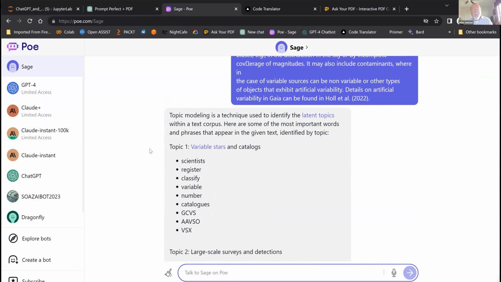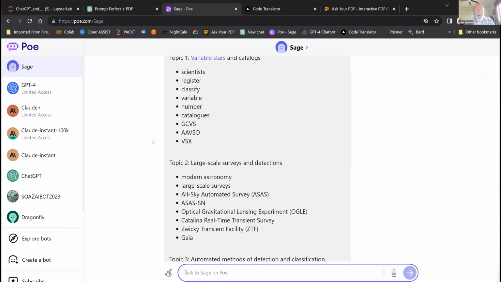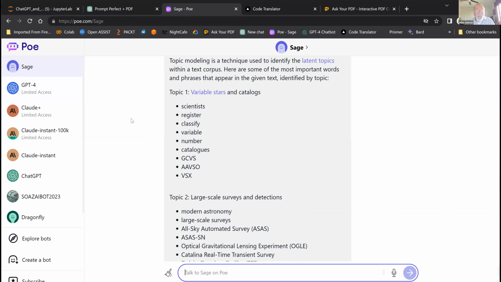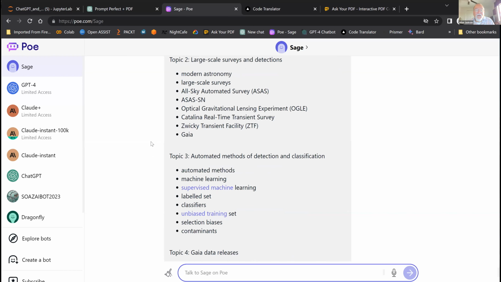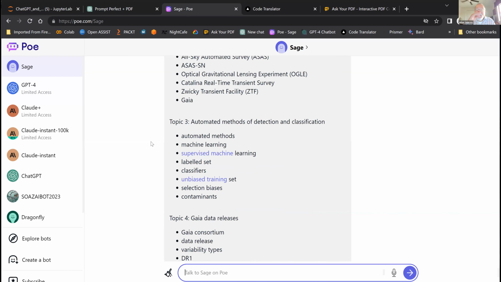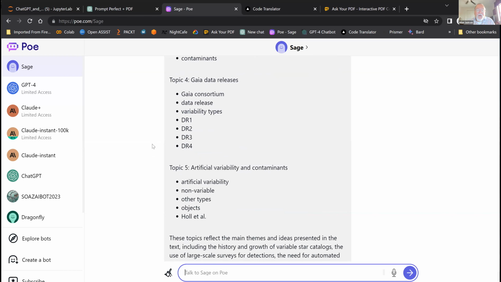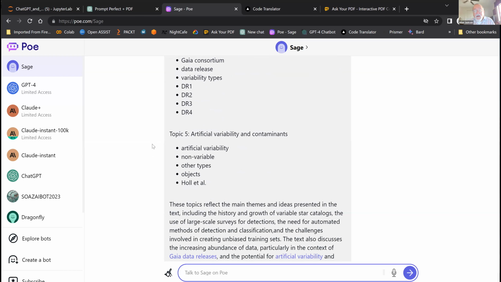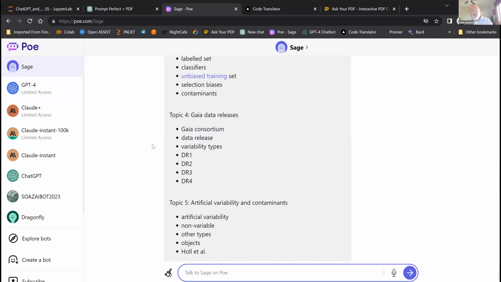Okay, and this is basically what it believes the article deals with: variable stars, the different surveys and detections in the text, and the methods in detection and classification. It's giving you a tabular summarization of what's inside.